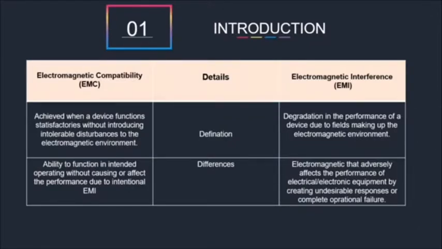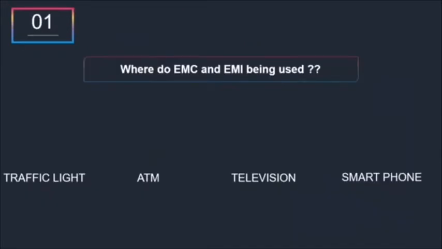EMI adversely affects the performance of electrical and electronic equipment, and can cause complete operational failure. So the difference is that EMC is the system that can function without affecting other systems, and EMI is the system that affects the performance of the system. So we move on to the next slide, which is